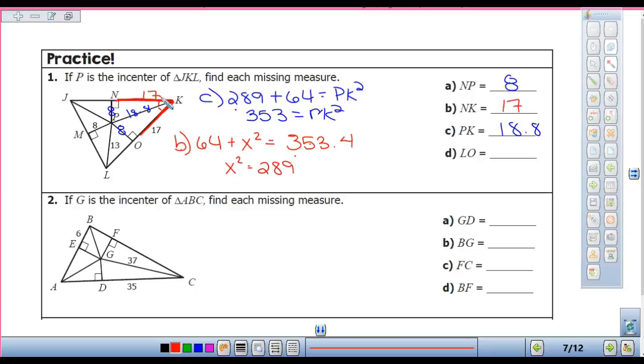Okay, now how am I going to have to find that out? Do I know ML? No. So what am I gonna have to use? Same as here. Okay, so part B. How am I gonna do this? 64 plus x squared equals 169. X squared is 105. So LO is